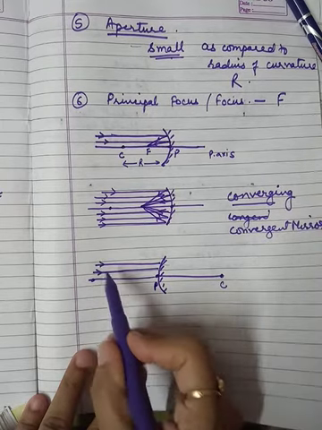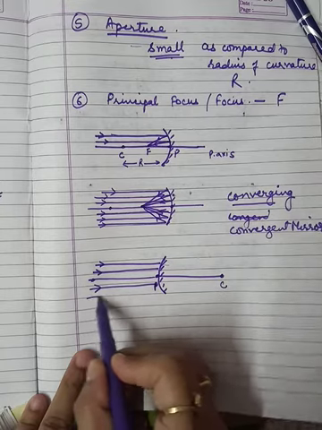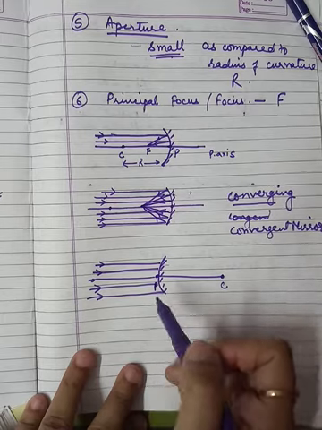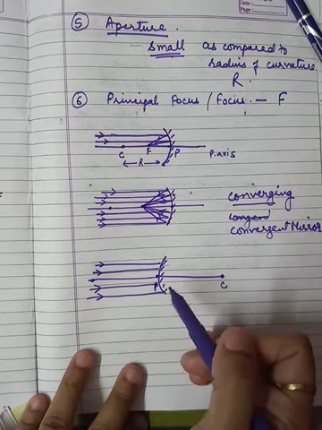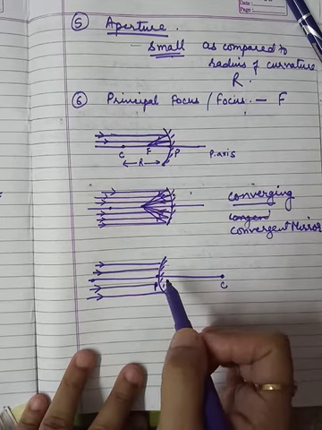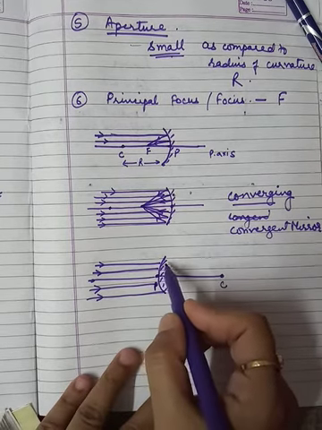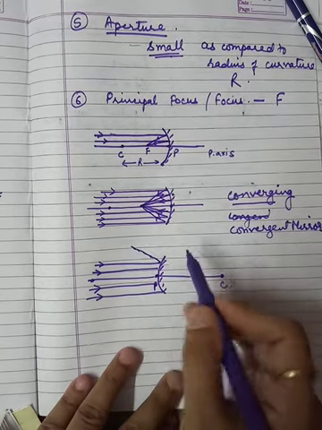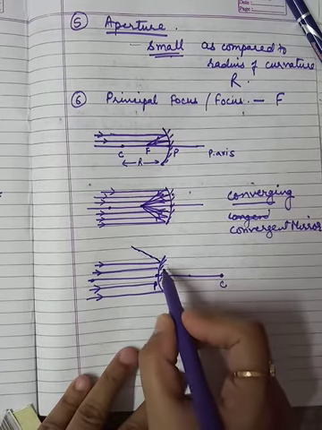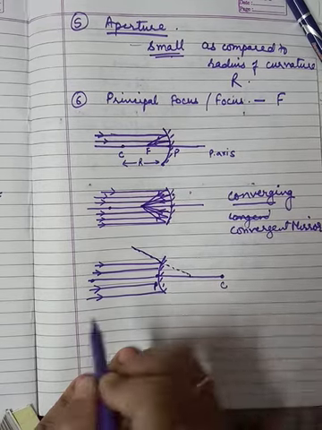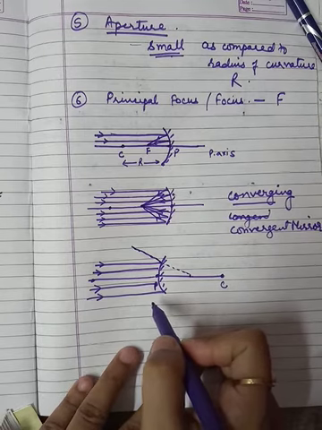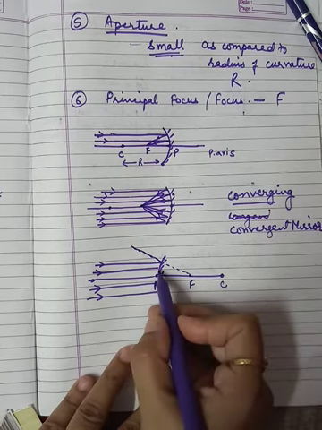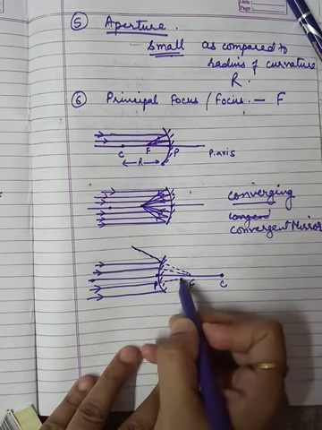The light rays are coming from the left side. I told you it will be considered according to the sign conventions. Suppose these four light rays which are parallel to the principal axis are coming. How will they reflect? They will reflect in a manner that they are going away, and their reflected rays seem to come from the focus. They appear to meet at the focus like this. I will always draw that with a dotted line.